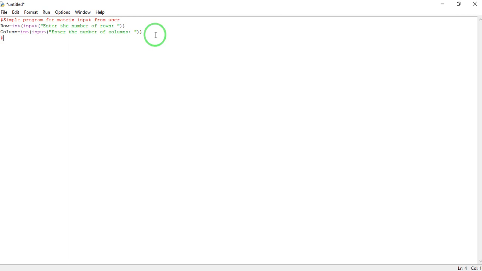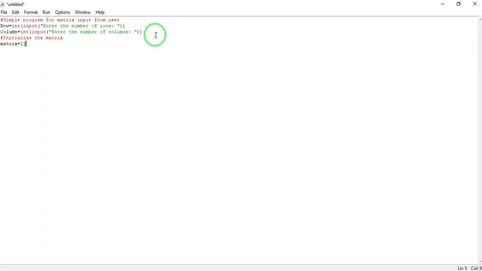Initialize the matrix. So first we will take the empty matrix. Right, matrix equals to this close bracket.